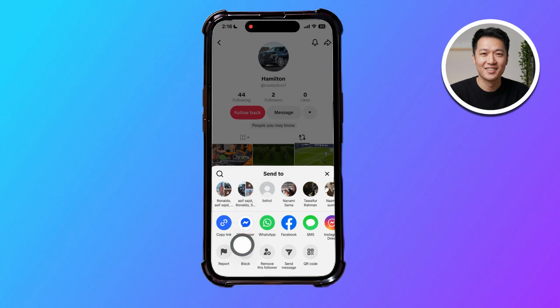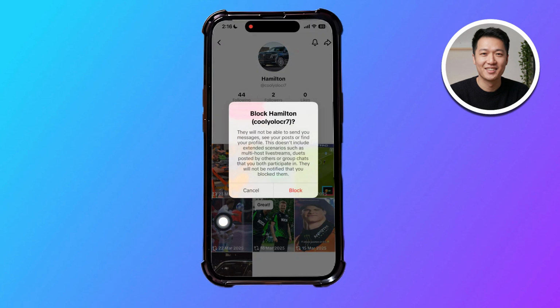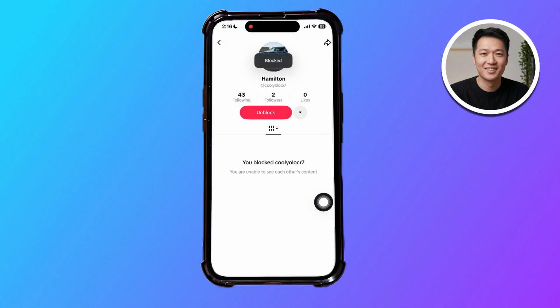After that, on the bottom, select the Block option and then tap on Block to confirm. The person is now blocked on your TikTok. And as you can see, it says here on the screen that you are unable to see each other's content unless you unblock them. So this way, you can apply the same process to anyone you want to block on